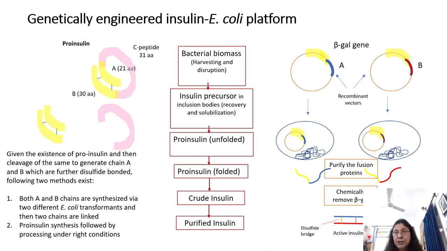So this is the way you are able to make recombinant insulin. The idea here is to understand how molecular biology tools can be used to make these recombinant therapeutic proteins, because they are proteins, they are coded for by genes. Those genes can be cloned and then put into an expression platform. In this case, the example I have shown you is that of E. coli.